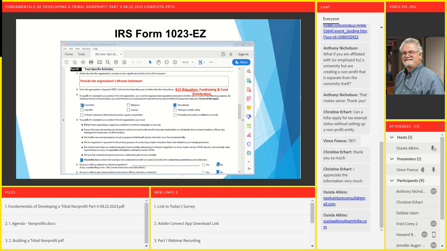I mark charitable because that's the biggest, broadest category, charitable nonprofit, which means you'll take contributions from just about any legitimate entity or private individual, as long as it's not in conflict with IRS regulations and rules.